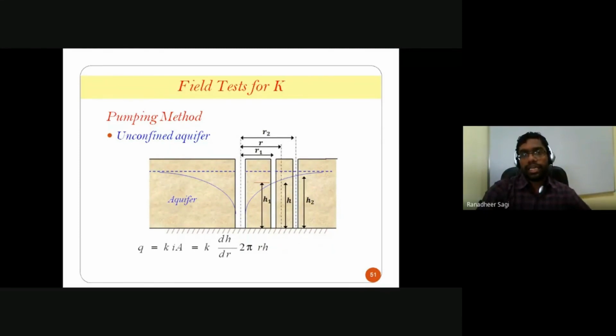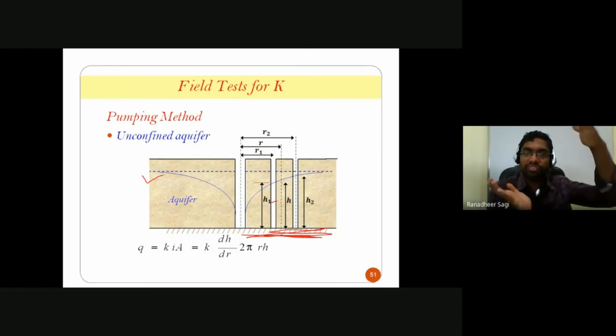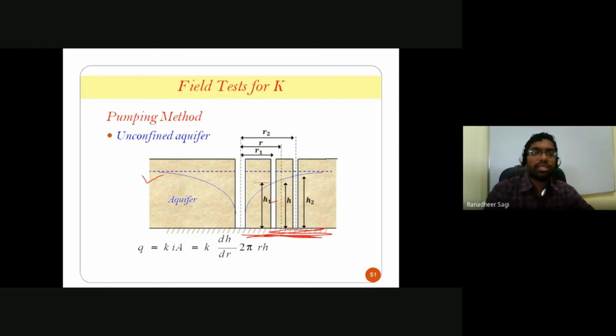Next, in the case of an unconfined aquifer, what does unconfined aquifer mean? The aquifer you are looking at is confined on one side, but not on the other side. Such an aquifer is what we call an unconfined aquifer. Here, this strata is an impervious strata, whereas on the top side of it you don't have any impervious strata. So this particular aquifer is called unconfined. It's not confined between two impervious layers.